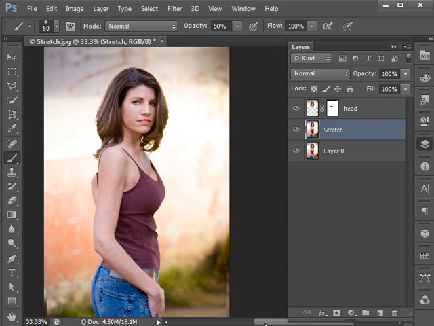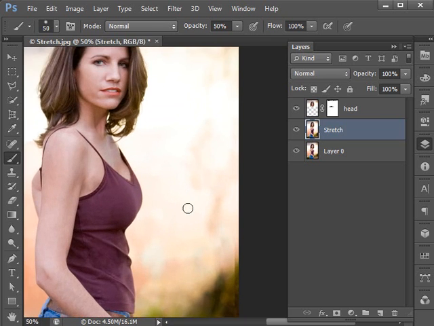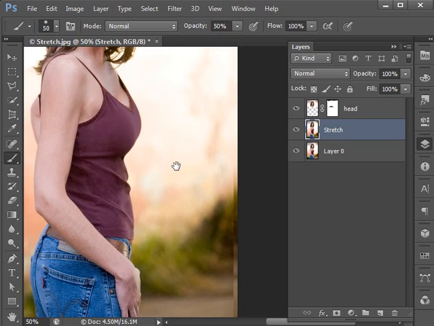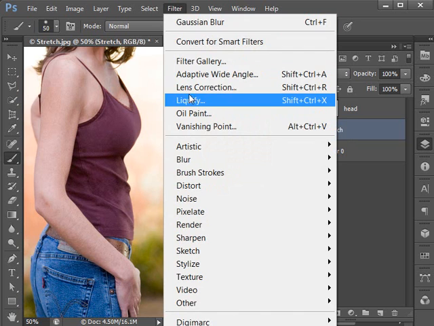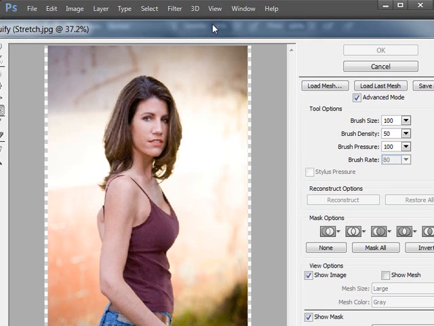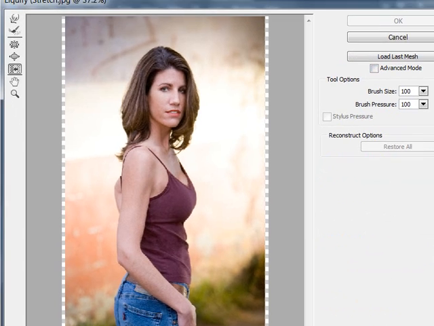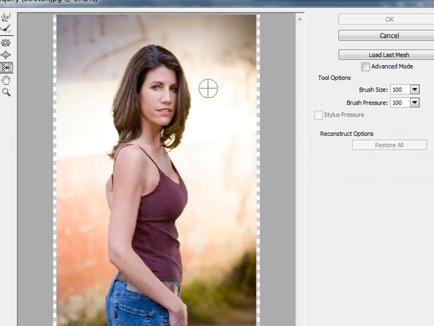Now let's take this a step further and trim a little bit of weight off of her waist. This is another popular fashion and advertising technique. I'm going to kind of zoom in a little bit to her waist and make certain that you're on the stretch layer. And we're going to go to Filter and Liquify. This very large options panel appears,